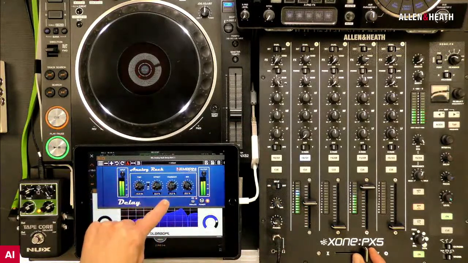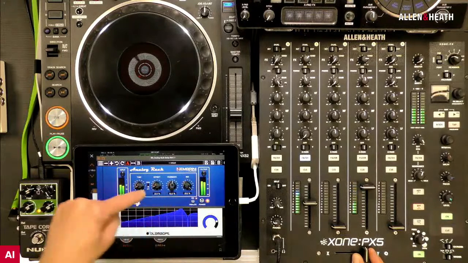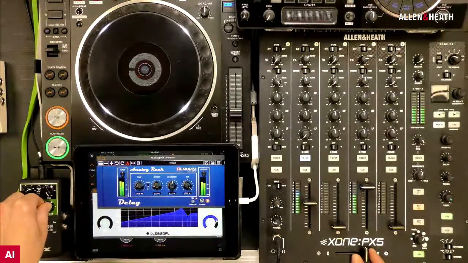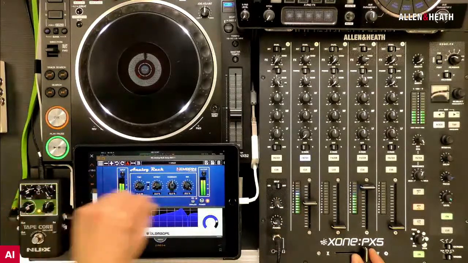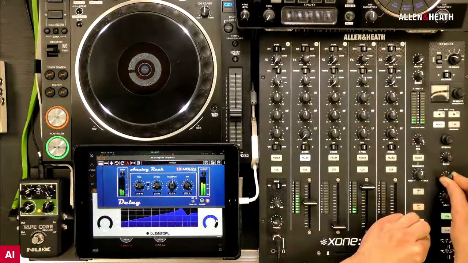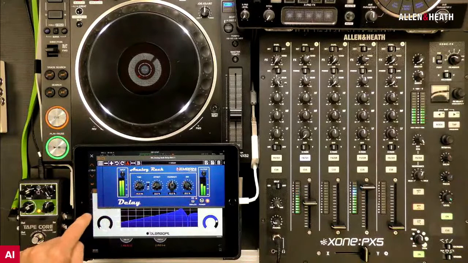Let's get the feedback down on that again, or a bit on that. Turn that off a bit. And that return is coming back through the internal returns and the filters. Why not? And if I bring